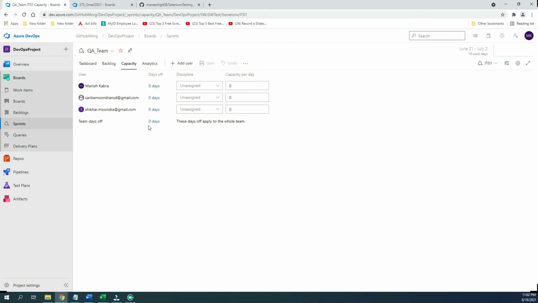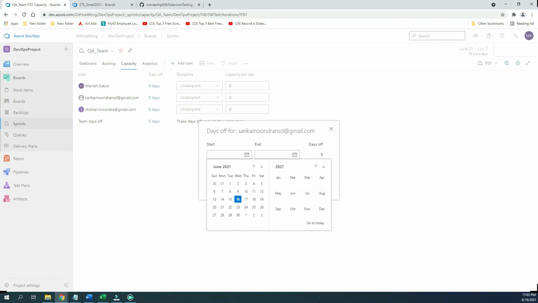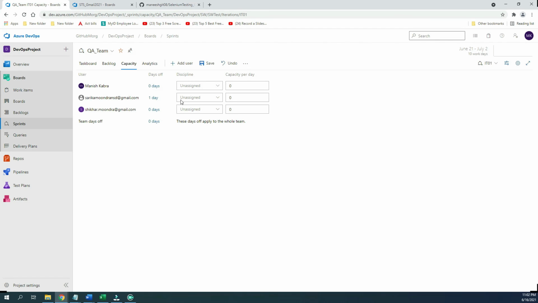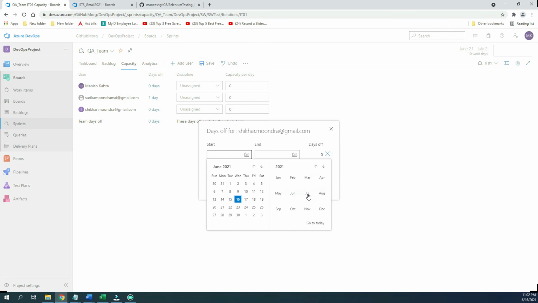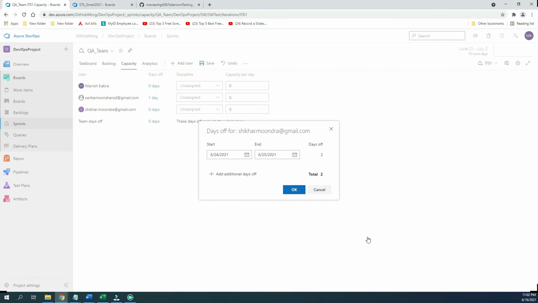Considering this sprint runs from June 21 to July 22, if a particular candidate wants to take a leave on the 23rd, just define one leave. And this particular candidate wants to take, let's say, 2 days of leave. This is what we can define here.